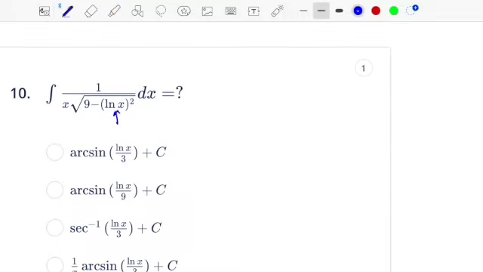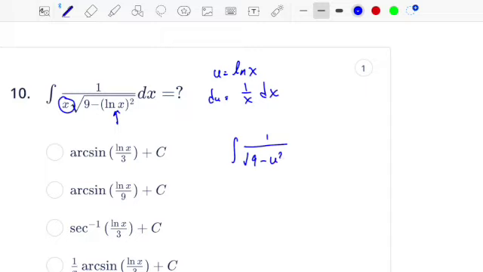Chain rule, u sub, right there. We got something inside parentheses. u is the natural log of x. So then du is 1 over x dx. Ooh, there's that bit. That's going to turn this into the integral of 1 over the square root of 9 minus u squared